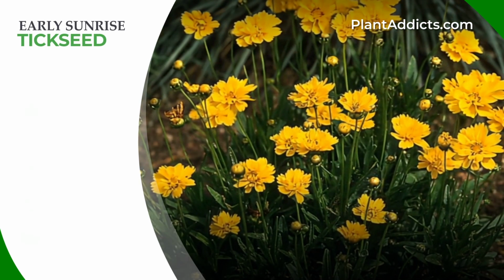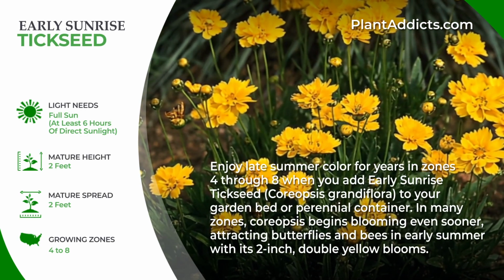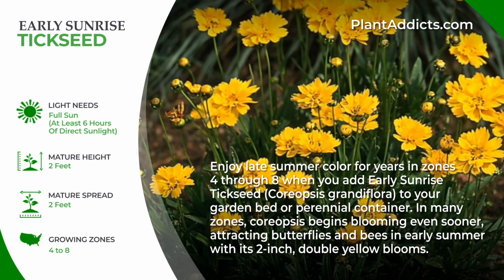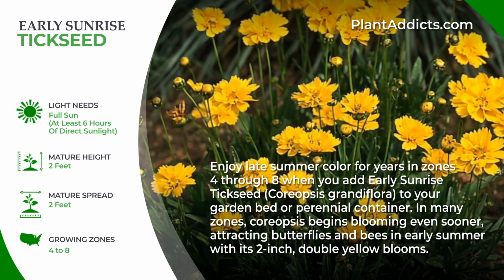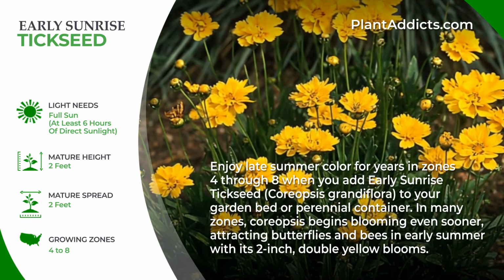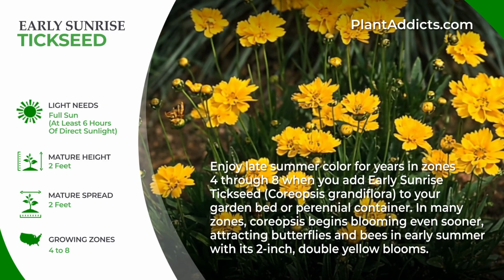Early Sunrise Tickseed. Enjoy late summer color for years in zones 4 through 8 when you add Early Sunrise Tickseed, Coreopsis grandiflora, to your garden bed or perennial container. In many zones, Coreopsis begins blooming even sooner, attracting butterflies and bees in early summer with its 2-inch double yellow